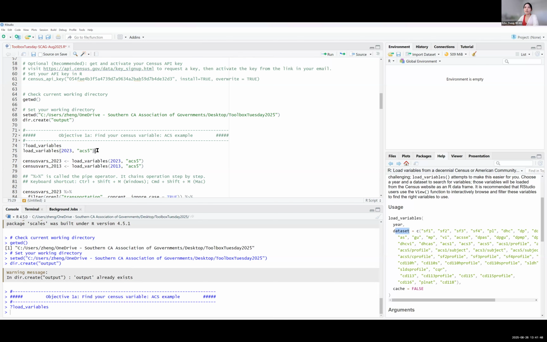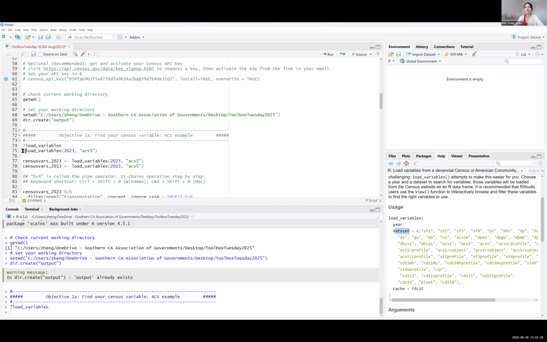So this is a complete command for R. It's telling R to load the variables for the 2023 5-year ACS. You can see I have a little less-than sign and then a little hyphen that looks like an arrow pointing to the left. That's telling R to store the result in an object called census_vars_2023. You can call it something else, but that's just what I have for today's example.